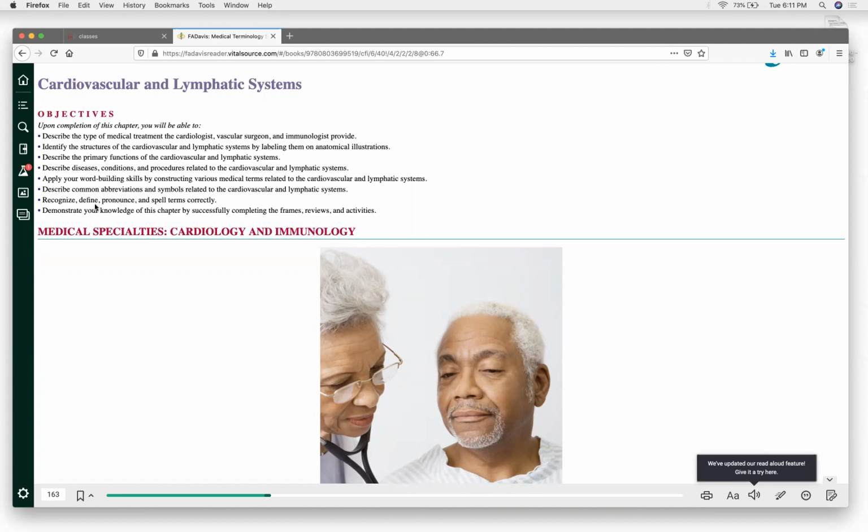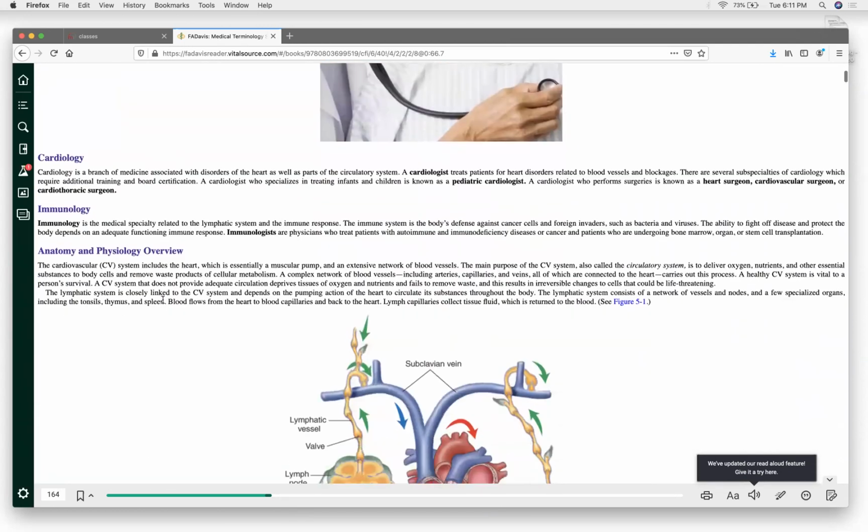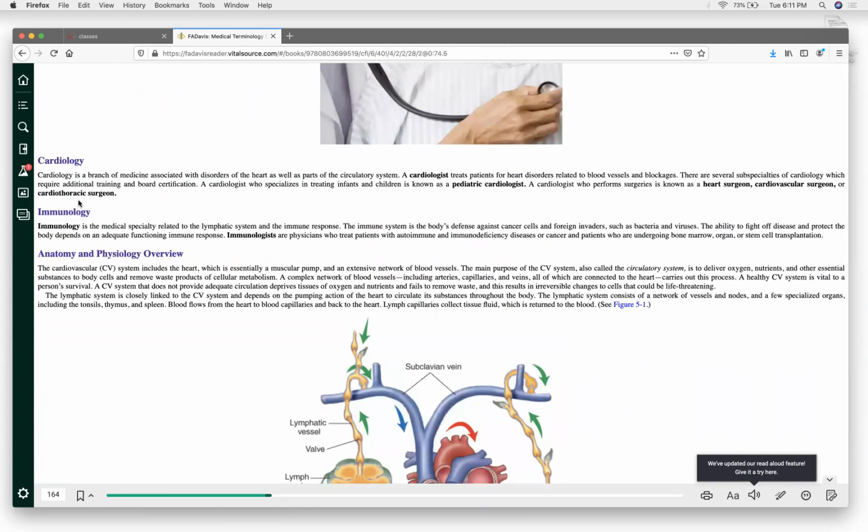Okay? And remember, your medical language laboratory will deal with defining, pronouncing, and spelling terms correctly. So who are the people in our neighborhood? First is the cardiology. Cardiology: study of the heart. We already know that. Cardiologist, you could see if I change the suffix, then I'm now talking about the